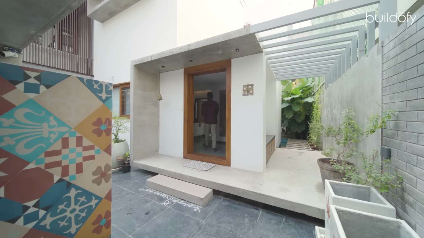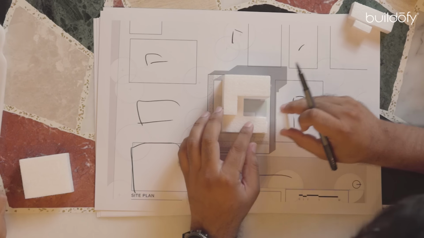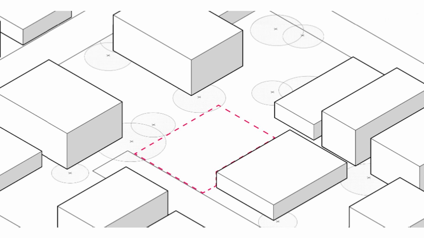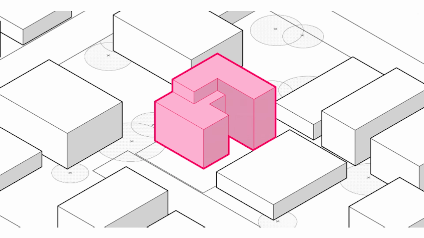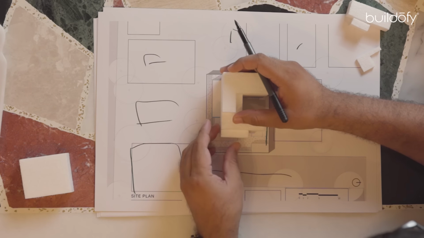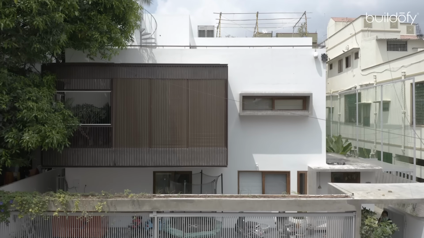We've removed the front part in the east so that the east light comes in. We have removed another mass, and that's the puja that floats in the water. That's how the design was organically derived. We had to add another mass there, which becomes the balcony for one of the rooms.